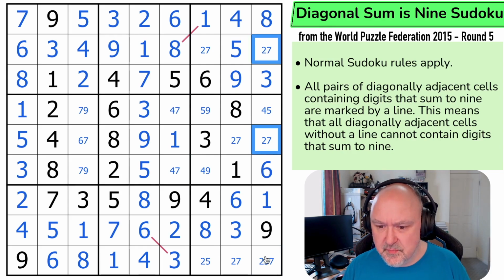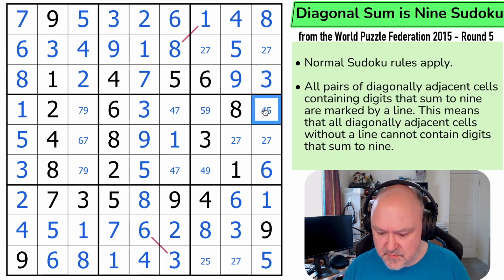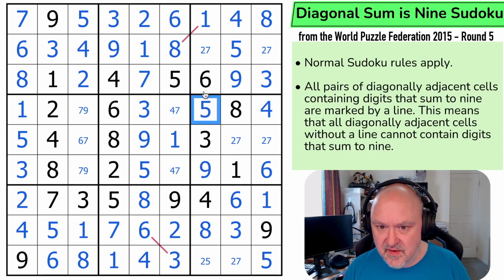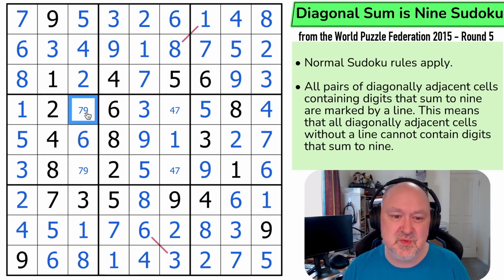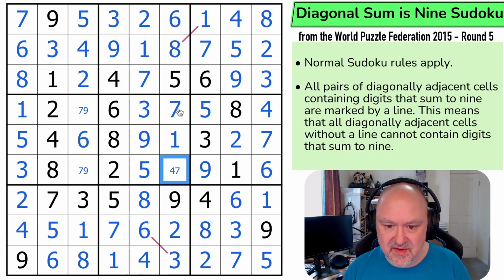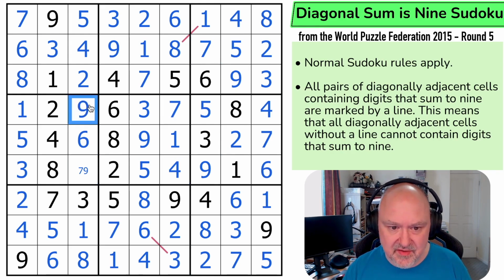This is a 2, 7 pair, meaning that's the 5, which means that's the 4, which means that's the 9, that's the 5. The 5 looks down, making that the 2. This is now the 7, looking up, making that the 2 and that the 7, looking up, making that the 2 and that the 7. The 7 looks across, making that the 6, which I had from that 7, 9 pair ages ago. But the 4 makes that the 7 and that the 4, and the 7 makes that the 9 and that